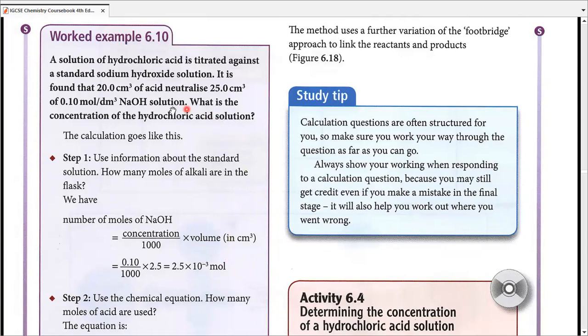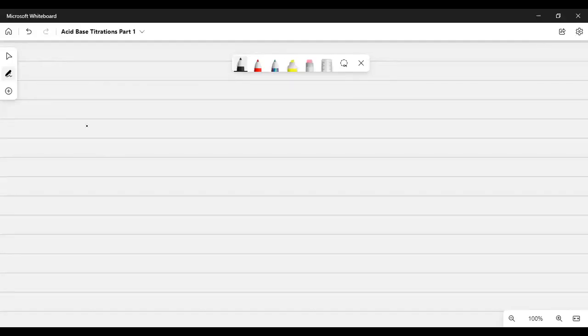So let's just keep in mind that 20 cubic centimeter of acid neutralized 25 cubic centimeter of 0.1 mole per decimeter cube NaOH, right? So let's try to do the same question over here. Question number one for acid-base titration. So I guess we had 20 cubic centimeter of HCl completely titrated against